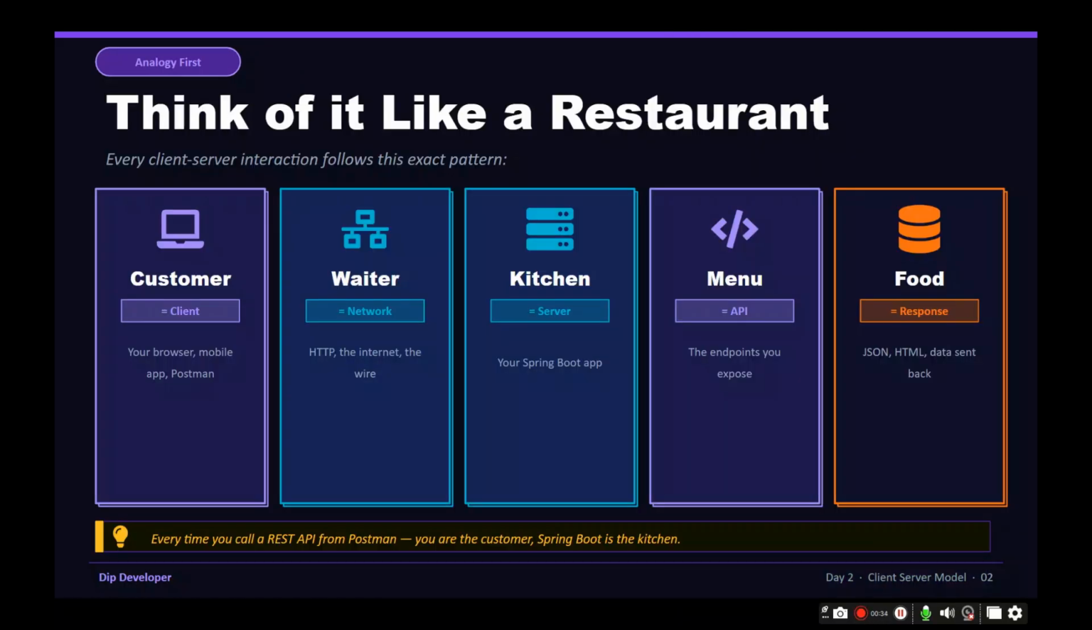Let me break down the restaurant analogy properly because every part of it maps to something real in tech. So first, the customer is the client, the person who wants something, who initiates the request. In the real world, this is your browser, your mobile app, or even your own Java code calling another